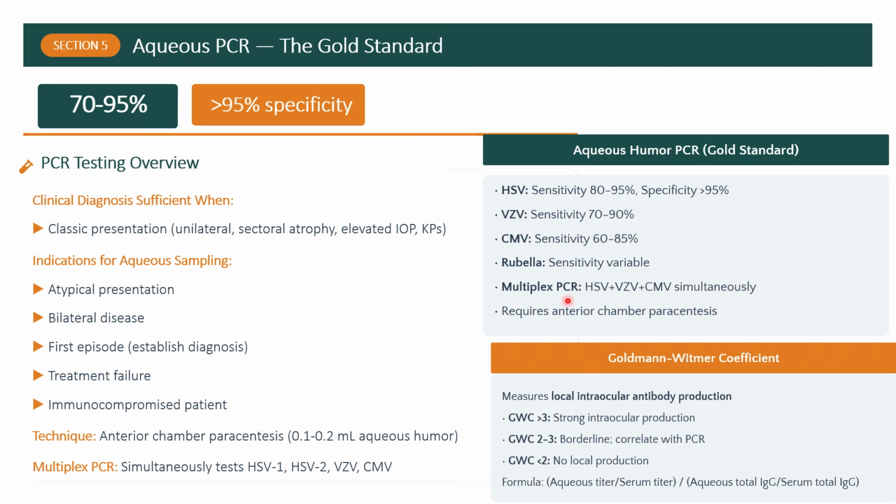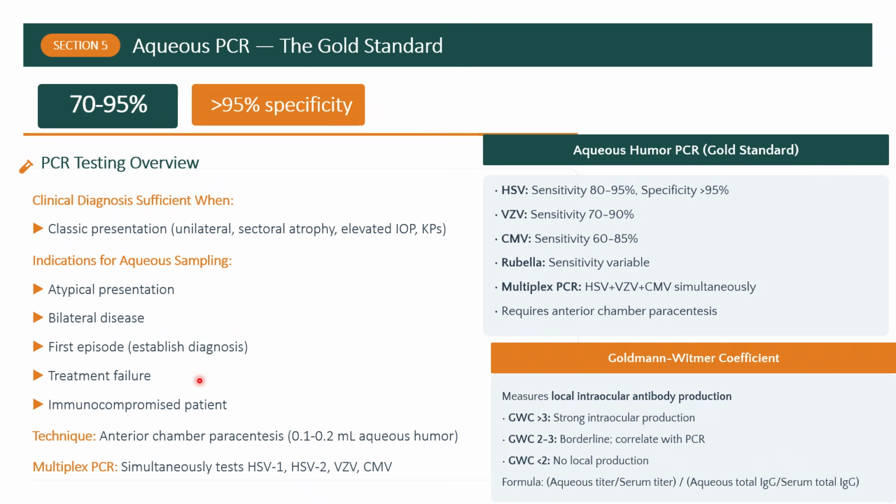But the question is, is it mandatory to do PCR for each and every case suspected of viral uveitis? The answer is no. PCR is expensive and not affordable for everyone, so it is done in atypical presentations. For example, a patient with granulomatous unilateral uveitis, which is suspicious or has features suggestive of viral uveitis, but you are still not on solid ground, so you have to do the PCR. Also in a patient with bilateral disease: as we said, viral uveitis is usually unilateral, but if you have bilateral disease, you have to confirm. Or if it is the first episode and you want to establish and confirm the diagnosis,